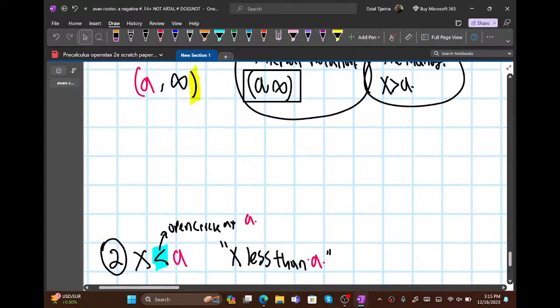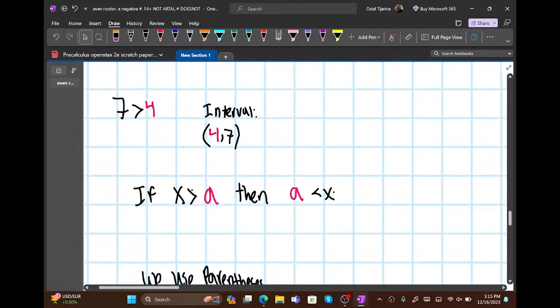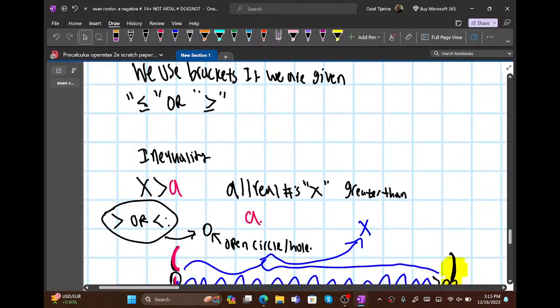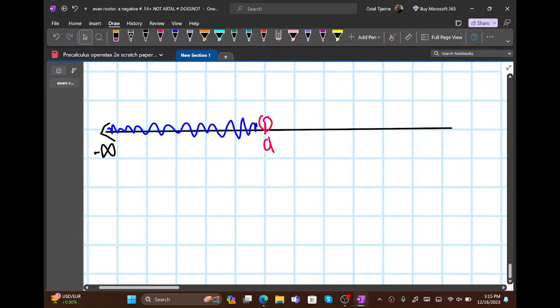But I want to make sure we understand that when it's an open circle, I forgot to say this, we are not including it in the interval, meaning that it will not be defined at x equals A. So an open circle